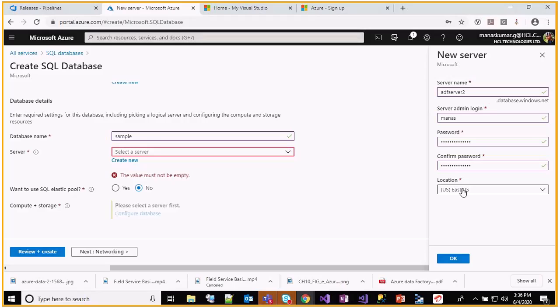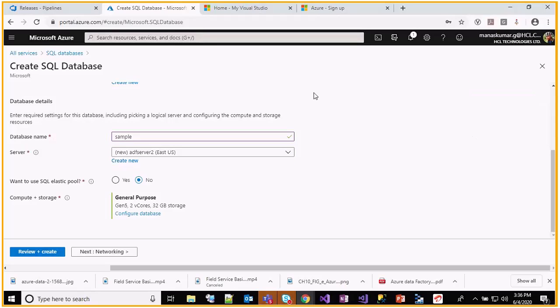And the location as well, where you want to host the server. I will be selecting US, because my resource group is also from US. So I will select the location as US here also. After the server has been created, now we can create this database.